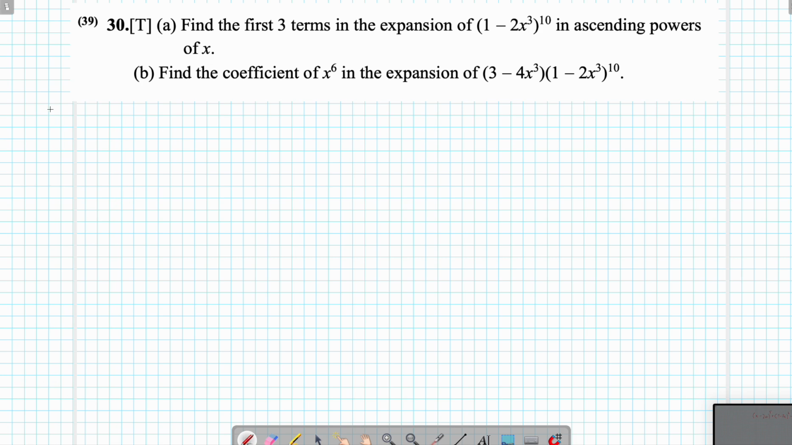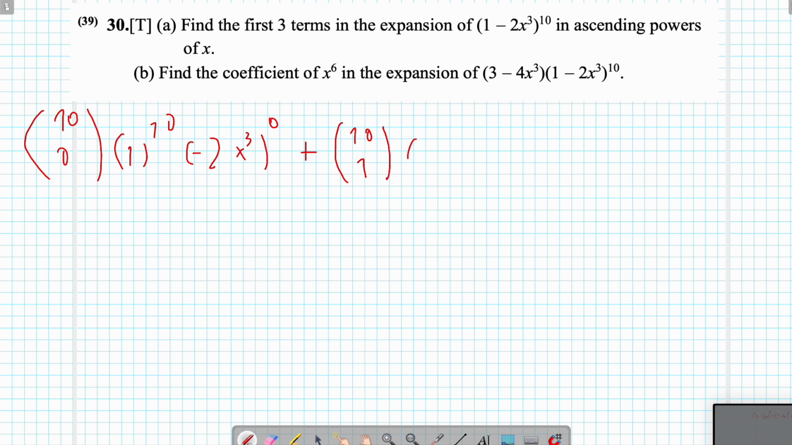Okay, so for the first three terms, we start when k is 0, so 10C0 times 1 to the 10 times (-2x cubed) to the 0, plus 10C1 times 1 to the 9 times (-2x cubed) to the power of 1, plus 10C2 times 1 to the 8 times (-2x cubed),